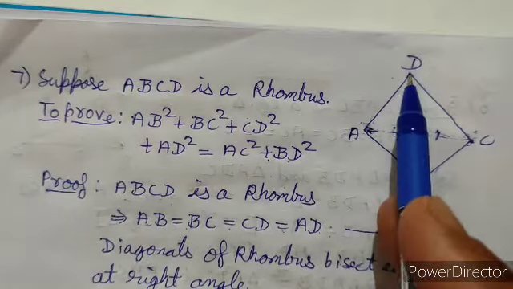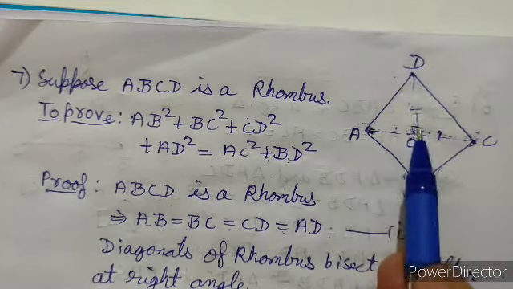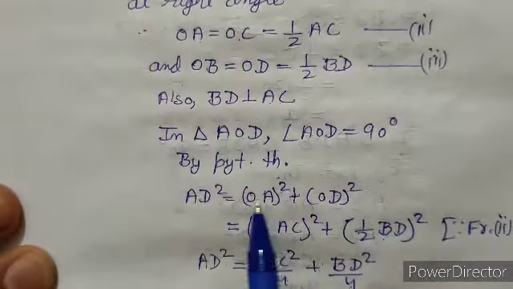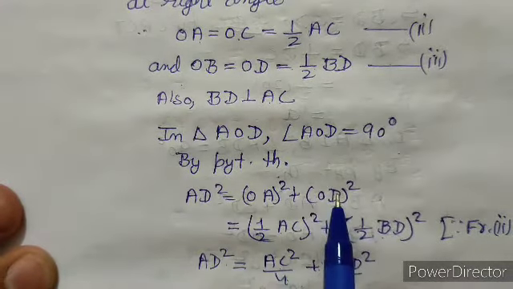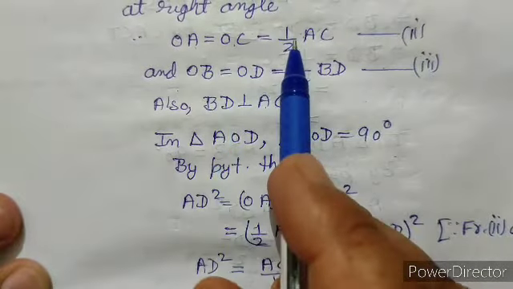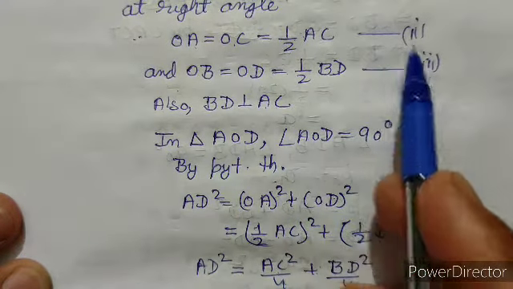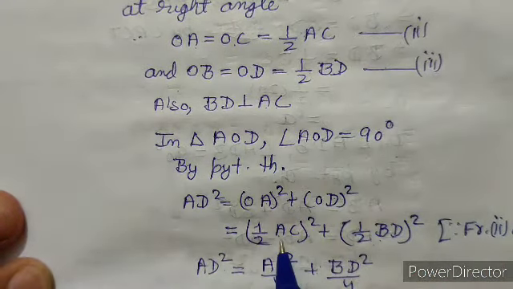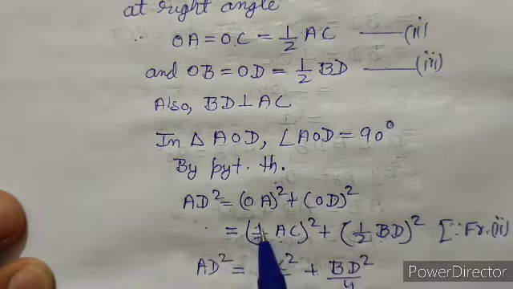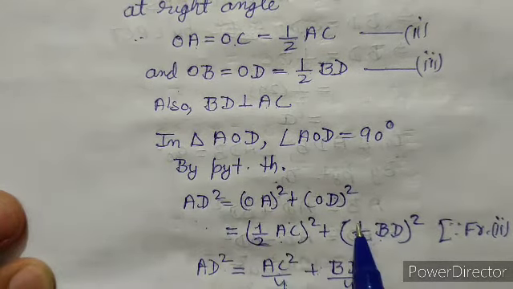So in triangle AOD, we can apply Pythagoras theorem to find the value of AD square. Now AD square will be equal to OA square plus OD square. OA was equal to half AC and OD was equal to half BD in equations second and third. So from second and third, we can write AD square equal to half AC square plus half BD square,